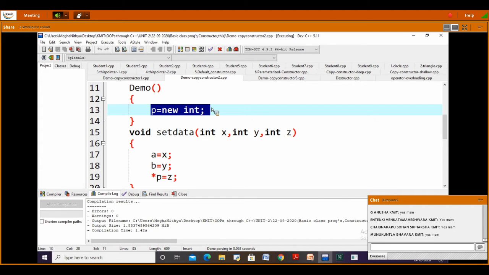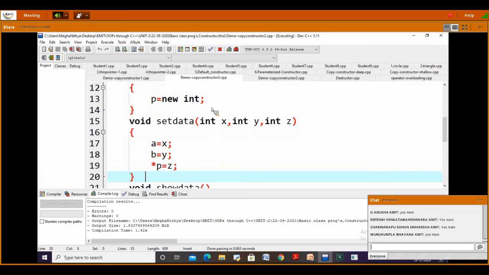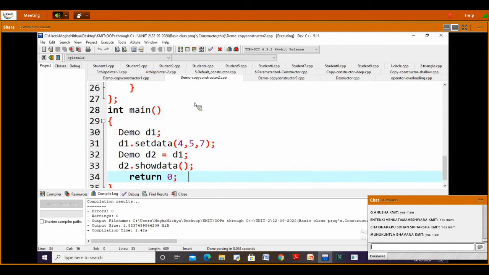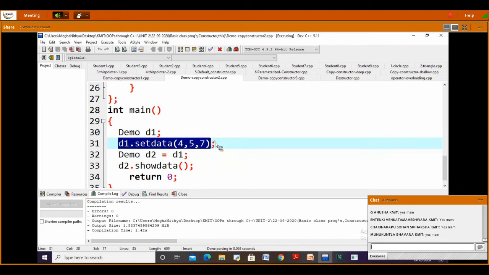In the previous example, I was showing you the copy constructor which initializes with the same class object. Now here, as the copy constructor, we are allotting some memory. Internally it is calling the default constructor where it assigns some memory, which in turn calls the copy constructor here. When I say demo d2 is equal to d1, with this d1.set data,